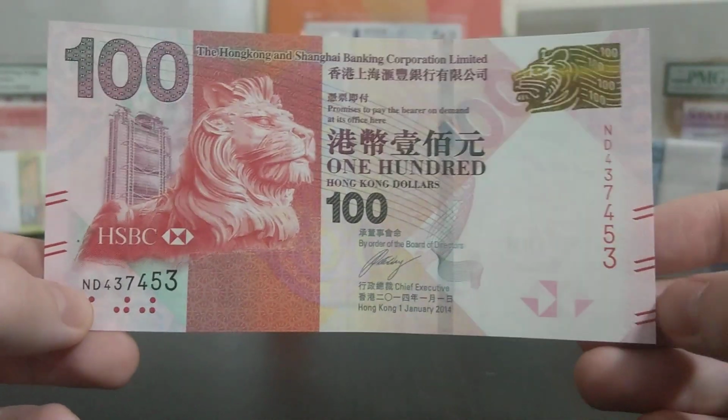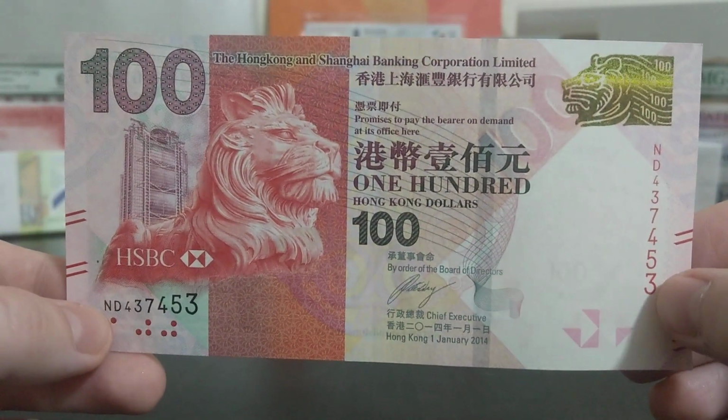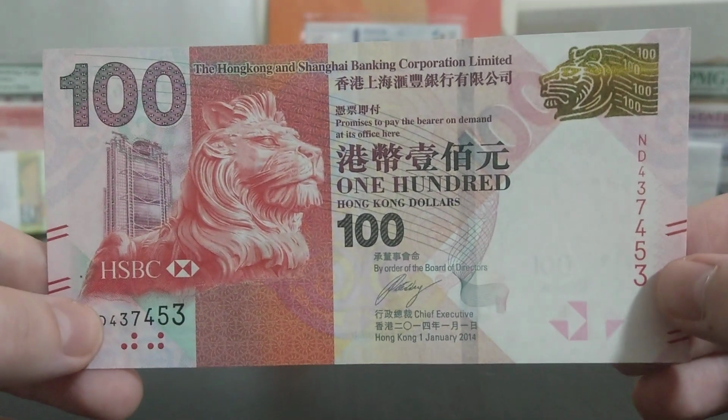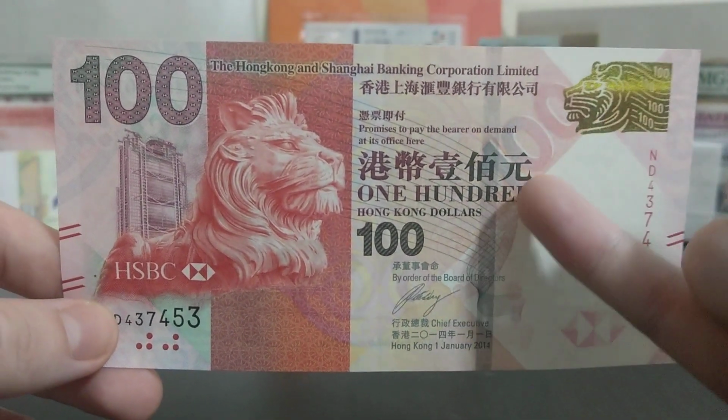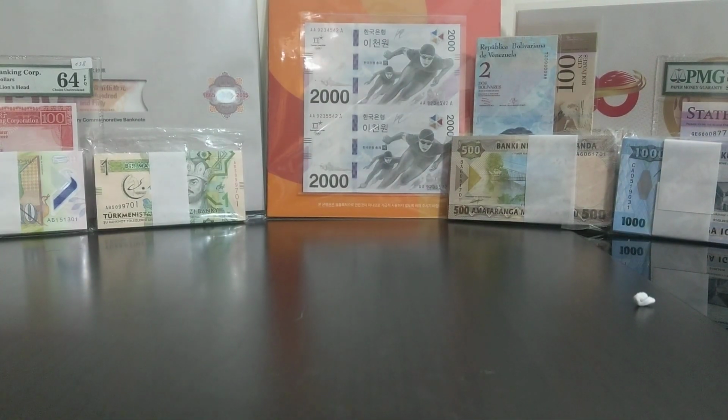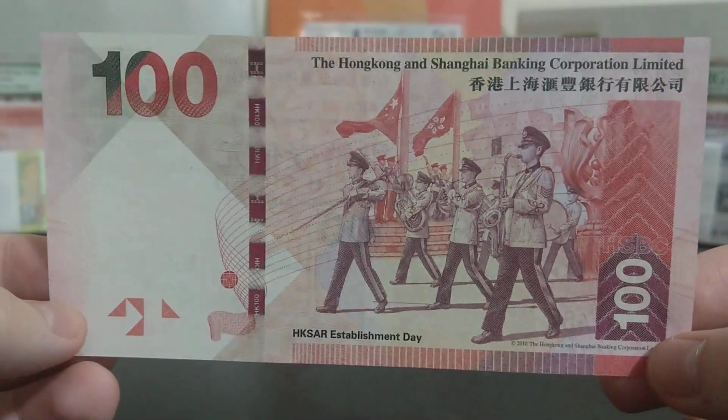So you can see pretty much the same, small changes to the little patterns on the edges, but yeah, it's pretty much the same design apart from the 100 represented. And if we spin it around and look at the back, now you can see here we've got